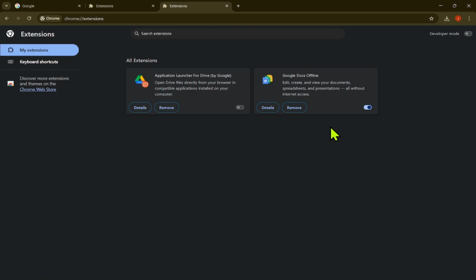If Chrome says an extension was disabled automatically, Google says that can happen when an extension is considered unsafe or doesn't meet Chrome's requirements. In that case, Chrome may turn it off to protect your data while browsing. One more thing to remember is that regular Chrome on Android and iPhone does not support extensions the same way desktop Chrome does, so these extension disabling steps are mainly for Chrome on Windows, Mac, Linux, and Chromebook, and that's how to disable extensions in